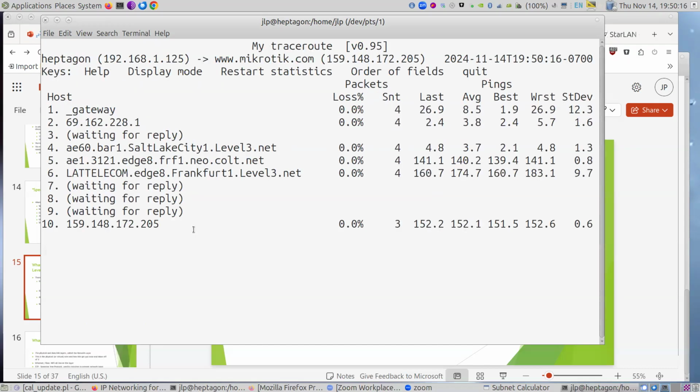Again, we're only getting out 10 hops, but it is in Germany because it's hitting Frankfurt over here on Level 3's network. Actually, it's in Latvia. Yep, it probably is, by the time it gets through these three hosts that aren't responding. But I'm seeing 150 millisecond round trip time, which is pretty darn good for getting to the other side of the planet.